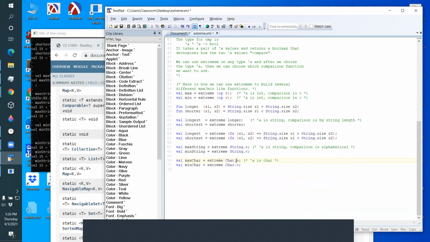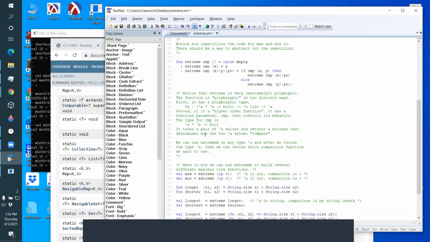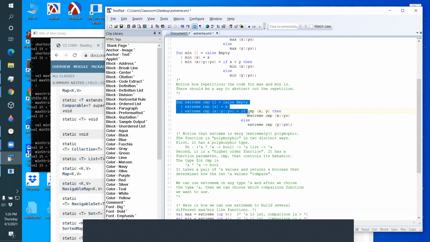Extreme with that comparator on characters will find the largest character in a string. This will find the smallest character in a string. Okay. So I can build all kinds of extreme functions out of this generic, this multiply generic function. It's polymorphic in the type of the list, and it's parameterized by a function, a higher order